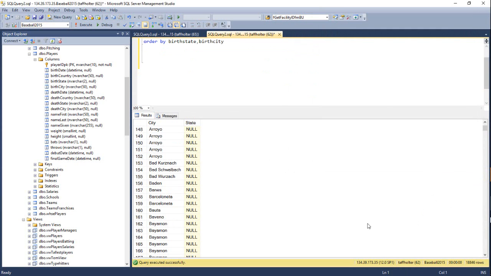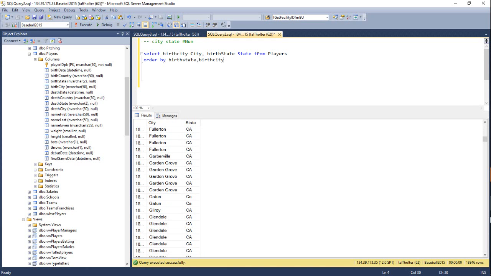Get that menu off the side there. So let's see, I want to go down and see how many people, for example, were from Glendale, California, or whatever, I don't know what that city is in California, or Garden Grove, California. I want to know how many players were from each one of those communities. So what I could do then is I could use a simple count statement, and I'm going to do that right over here. So I'll do a count,